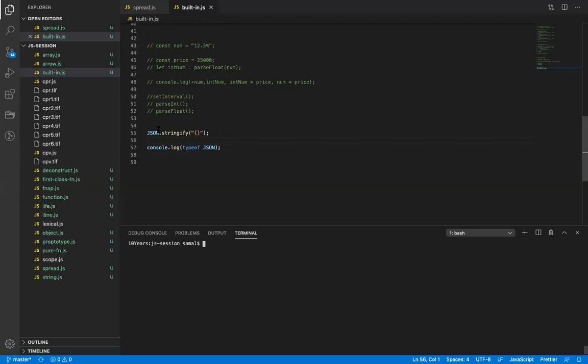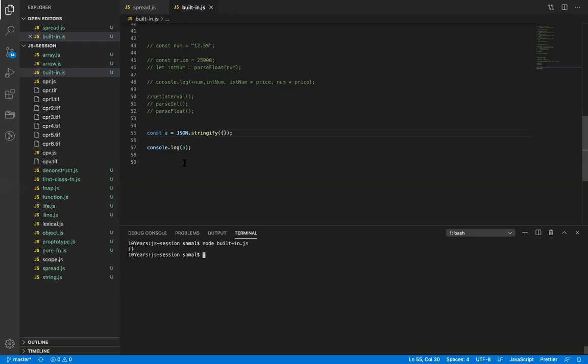Let's see, if I do const a, and if I do this now, you will see, not stringify, sorry, parse. Correct, sorry, my bad. So basically, stringify converts an object into a JSON string. Now, if I run this, you will see it is not printing in this case.